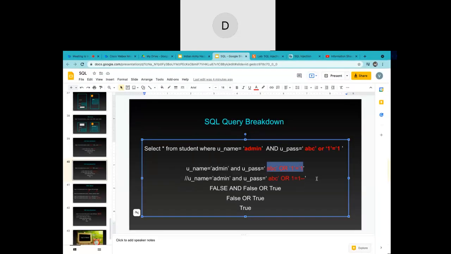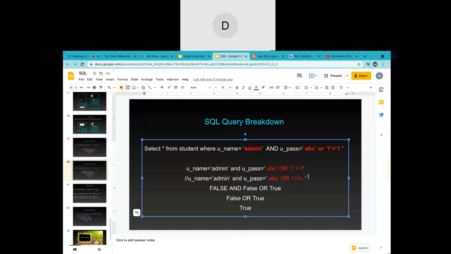There is one more thing over here which I have just left, so I'll explain this one as well. Here I am putting a username as admin. In the input of the first placeholder I am writing admin, and into the input of the second placeholder I am writing this much. This is my another payload, which when evaluated will be considered as uname password equals abc or 1 equal to 1.